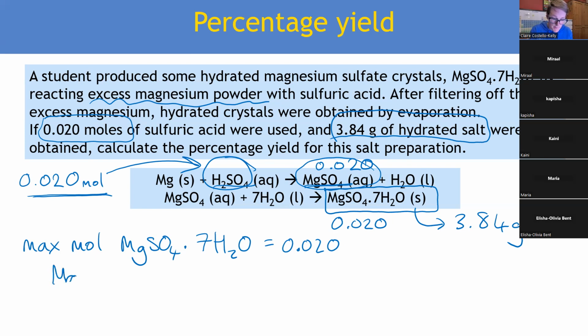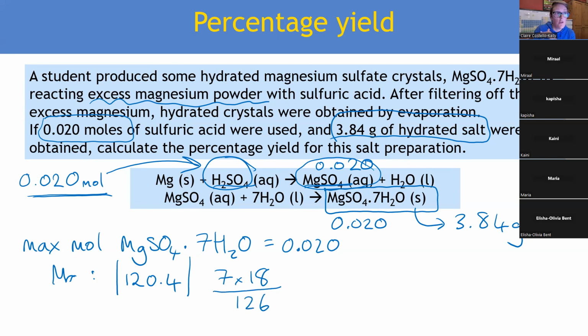is, my pen doesn't like this side of the whiteboard for some reason. We just do MgSO4 like normal. So 1 Mg, 1 S, 4 O's. Add all of that up, it equals 120.4. Trust me. That's that part. Then what I'm going to do is I'm going to take the mass of water, which is 18, so 2 plus 16. I'm going to times it by 7. So 7 times 18, which gives me